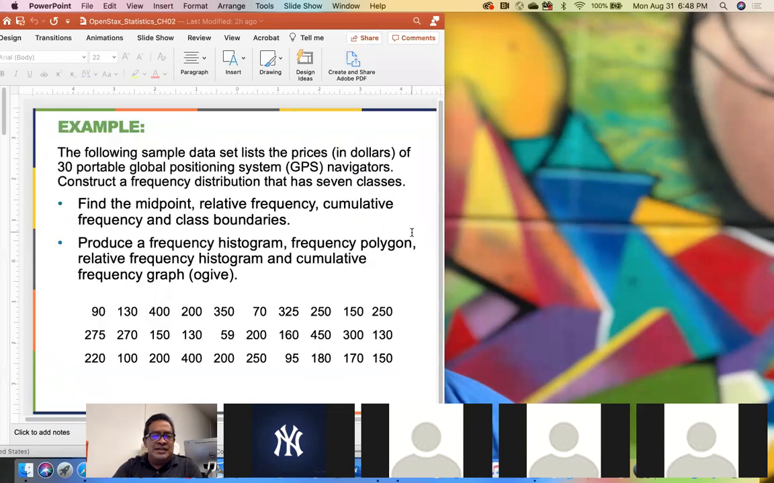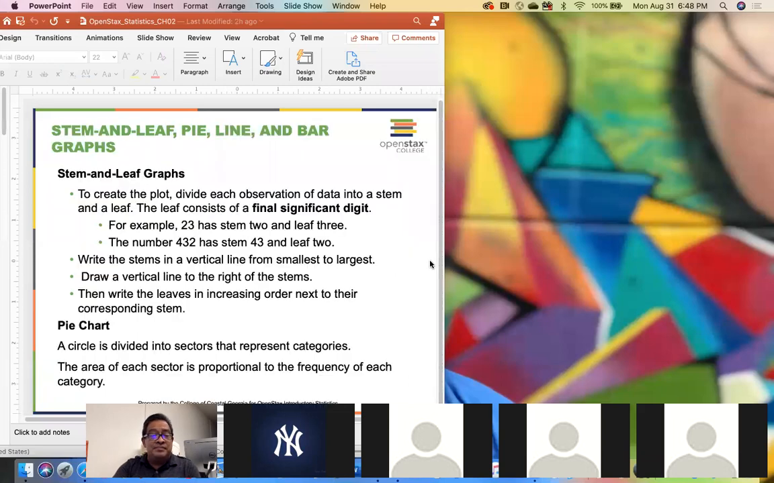So we found the midpoint, the relative frequency, the cumulative, and the class boundaries. We produced the frequency histogram. We are going to do the frequency polygon. We did the frequency, the relative frequency histogram. We're going to do the polygon and the so-called ogive. Okay, so those things are very important in our